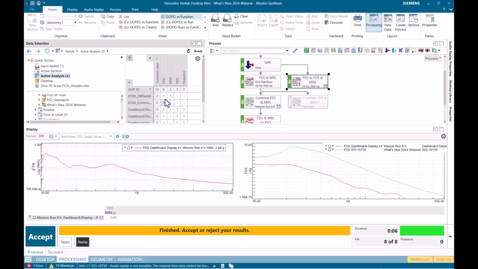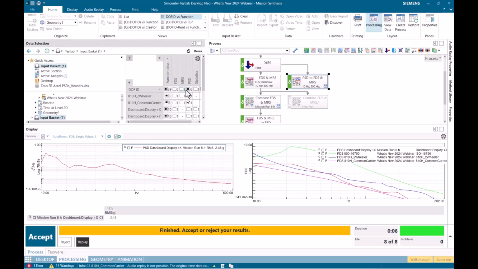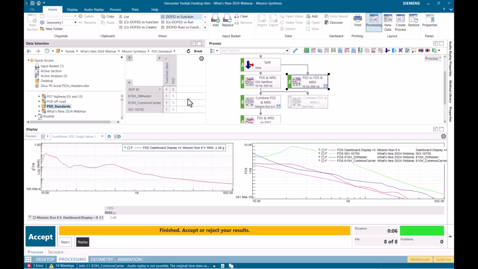I'll do it for the two other standards as well. And just for fun, I'll browse to the original data and plot the PSD for one of these standards against the PSD for the synthesized test. We'll do them all.